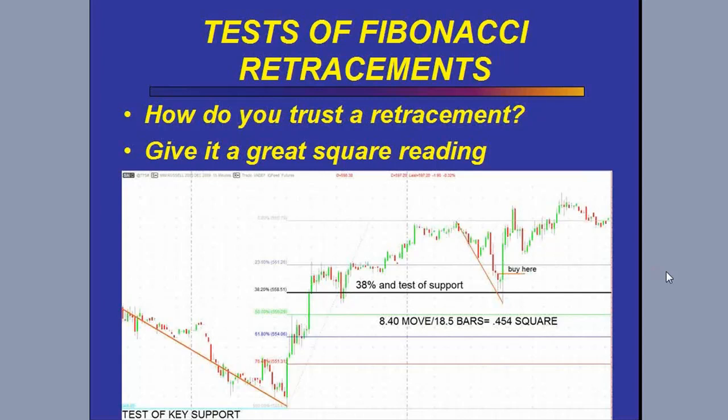So you ask yourself, how do you trust a retracement? Well, give it a Gann square reading. Here you have a standard move up from here to here, right? Now we put a 38% retracement on there. How do we know that that 38% retracement is going to hold? How can we have the conviction? Well, we had an 8.4 point move in 18.5 bars. We do the math and find out that we averaged, for this particular pullback,